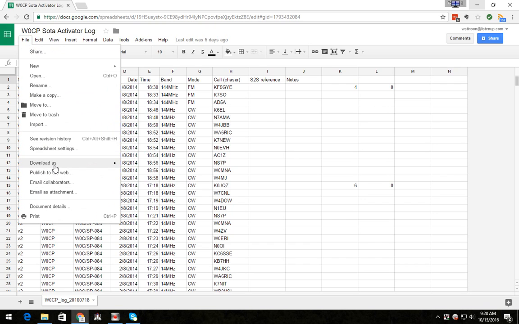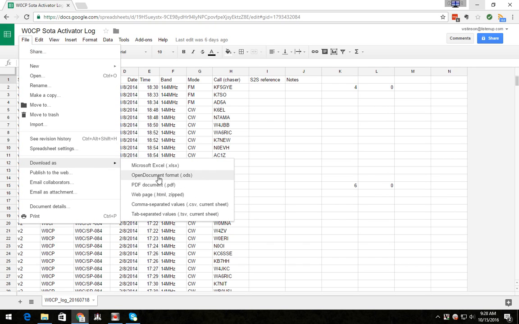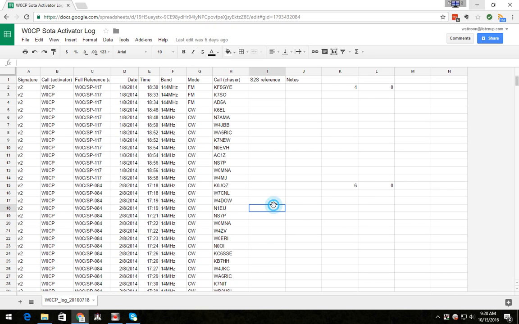going to show you right here, download as, and right here comma separated values, which is the format that is utilized by the SOTA database. That's the SOTA database structure for importing files, and so it's pretty efficient to enter the data and upload it into the SOTA database. The first step is to download